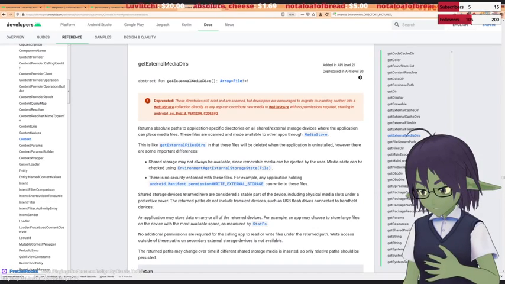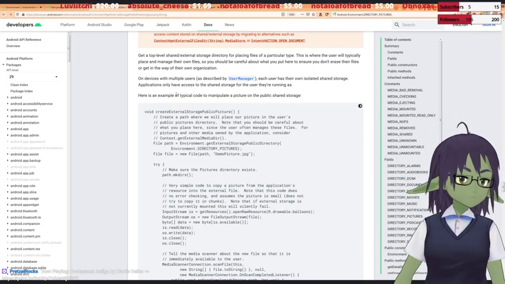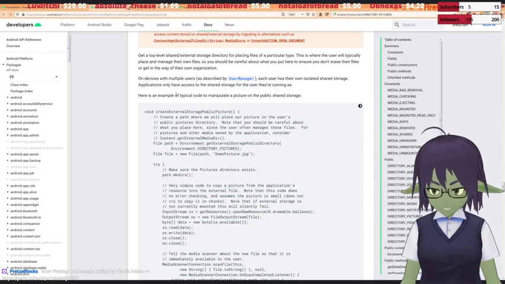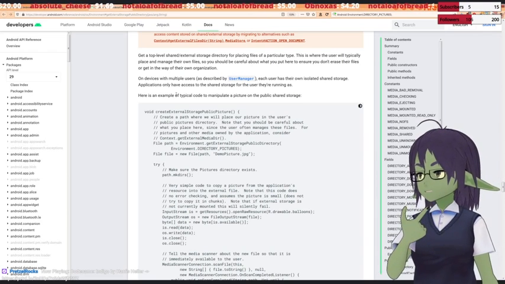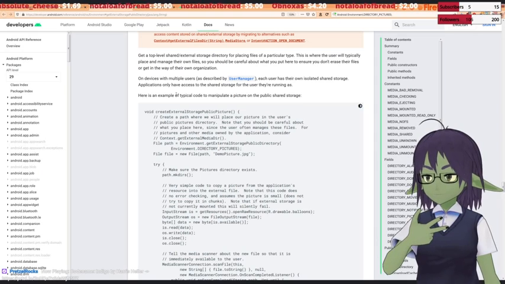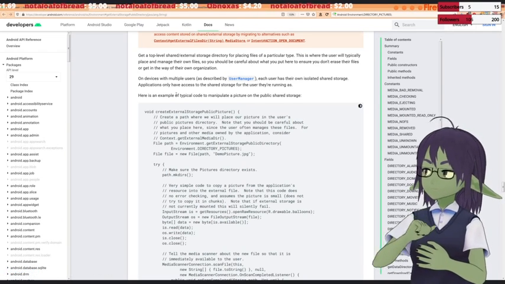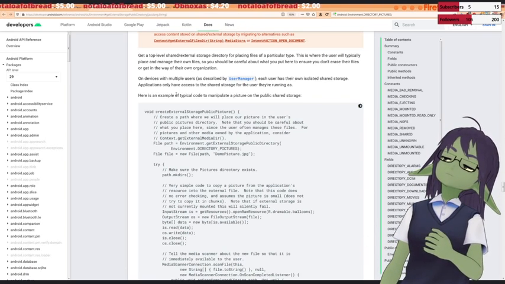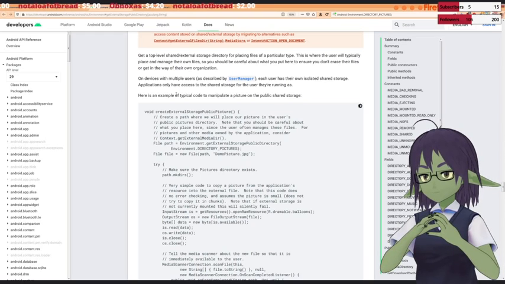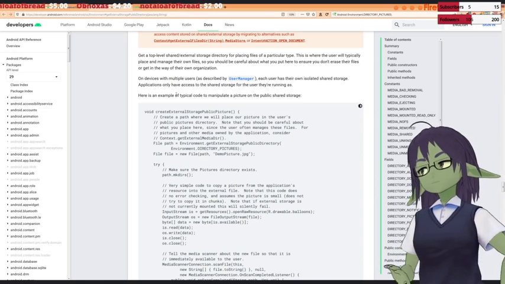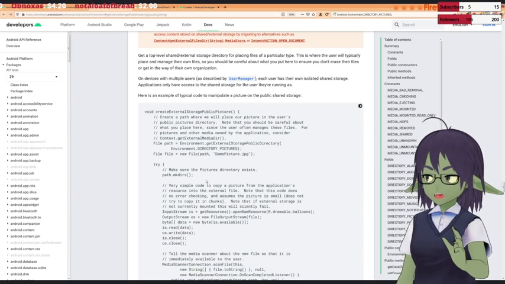Okay, but because there's like 3 factors we need to worry about. We need to worry about API version, is there space on the thing, and do we have permission to write there? Those are our 3 factors. So those 3 factors are... okay, so